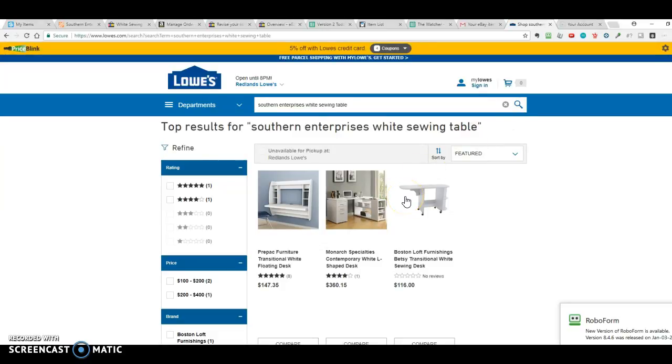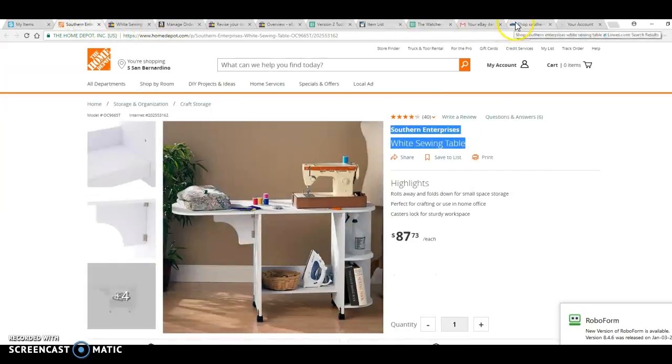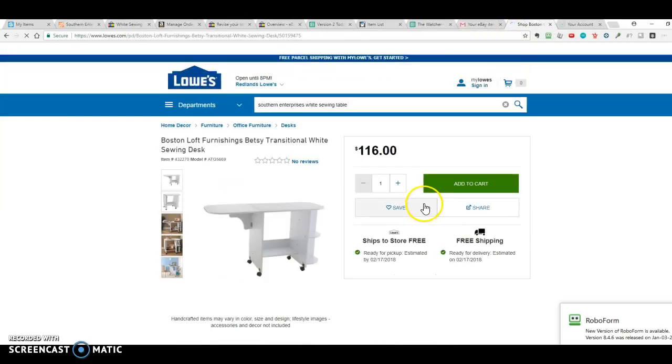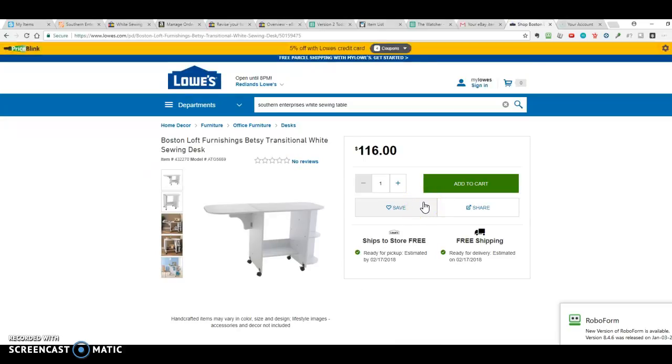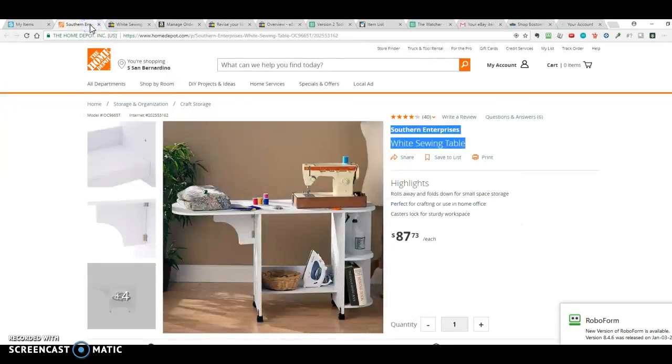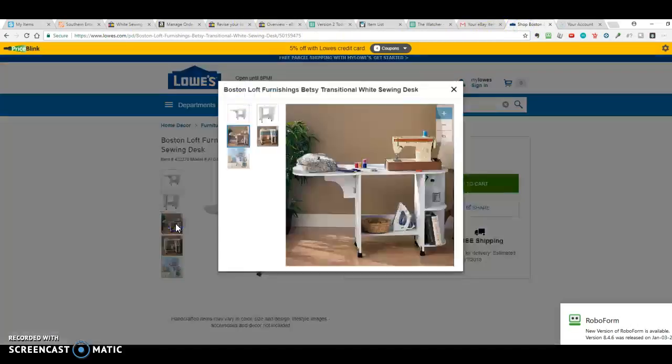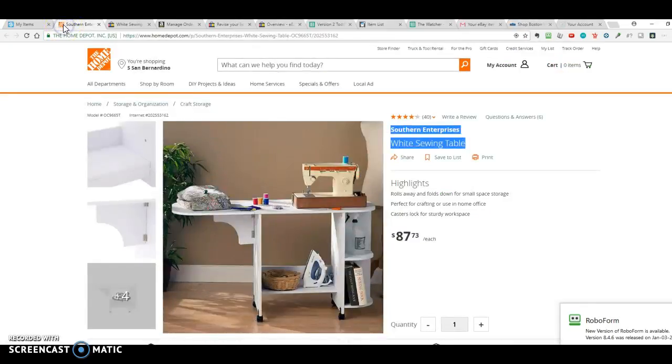I don't think this is it, any of these. It doesn't look like that, or does it? Let me just make sure. Oh, this one here. Let me look at this. That looks awful similar, doesn't it? Well, wait a minute. You know what? Because it's got this. Isn't this the same picture? Yeah. All right. So what this is, it's on Lowe's, except we're not going to want to order it from